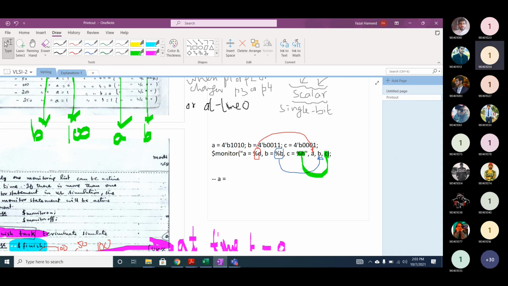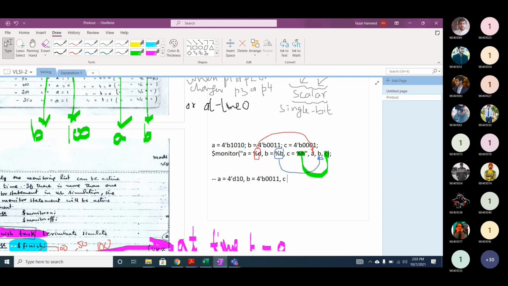1010? No, it is %d. %d means what? Decimal. So 10. B will be displayed with what? 3, in binary, 4'b0011, because we are using %b.